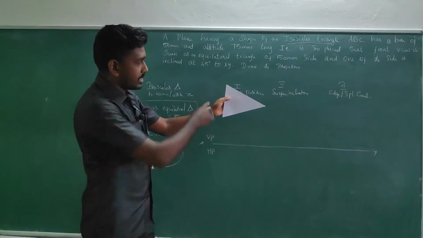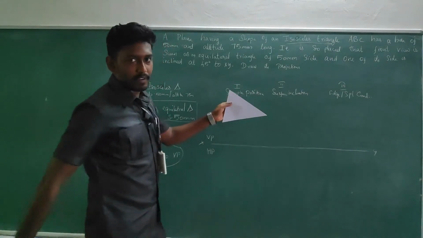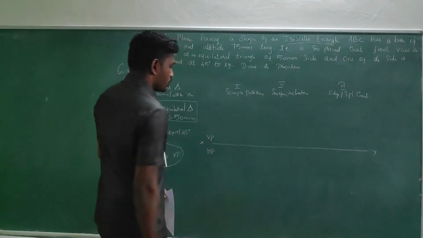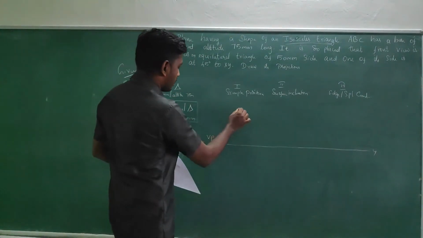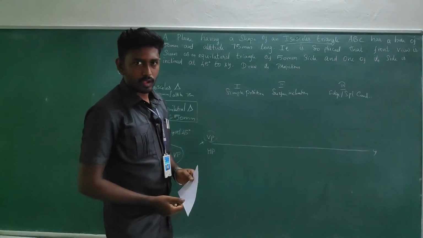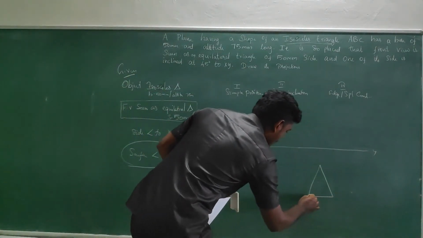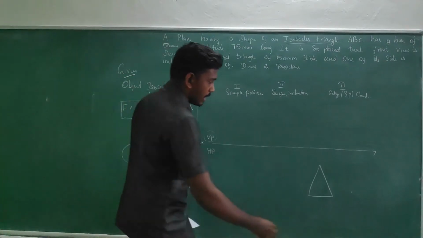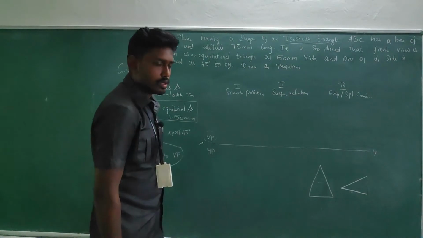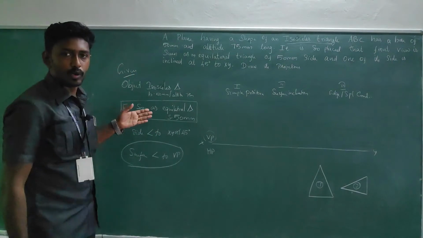So from the front view we can take the true shape, and from the top view we can see the straight line from the observation when you are looking 90 degrees to it. So in the front view I am going to draw the diagram. Here comes in the VP, we are going to get the diagram, but the position is very important. Two kinds of position can be possible. I can keep my equilateral triangle something like this as well, or I can keep it like this. What is the right position as per the requirements given in the question?